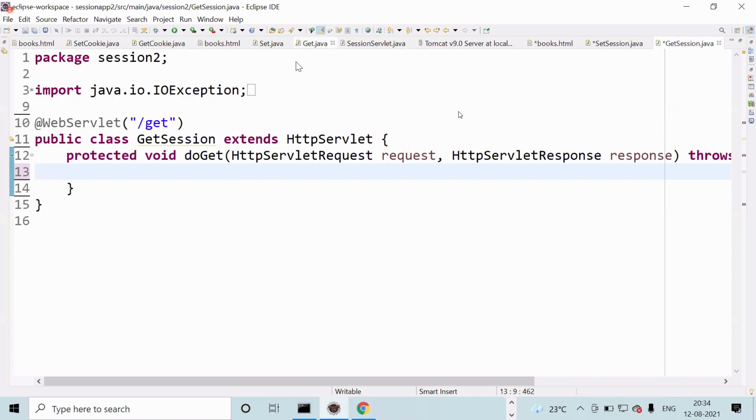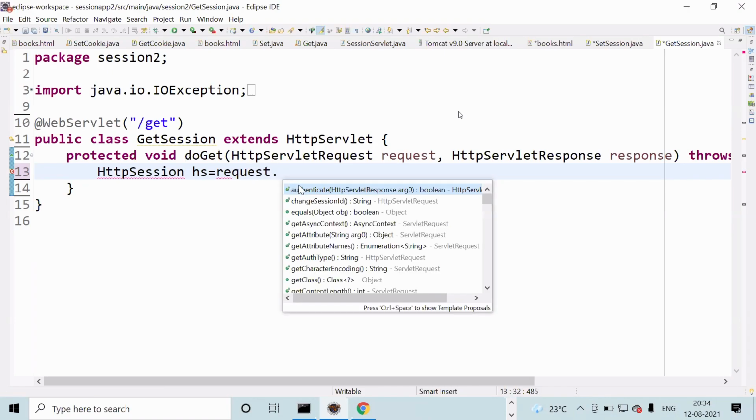Now, first we have to create a session to get the data. Same: HttpSession HS equal to request dot get session. Request, spelling mistake happened. Request dot get session.